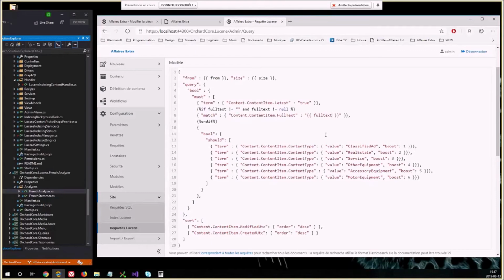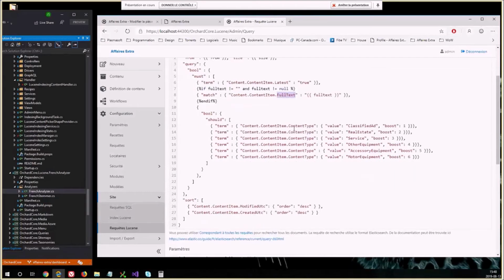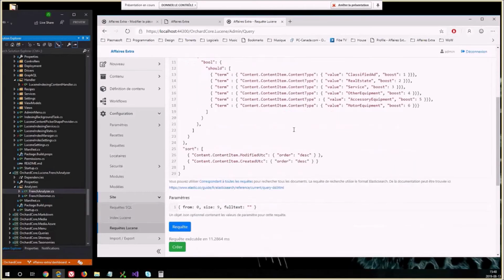This way you will not have to do the if. You are sure that when you reach the query, there will be a full text and it's not empty, and that your from is a number and your size is a number. That will be super useful. Otherwise, you have to do the validation in the query, and that's painful.